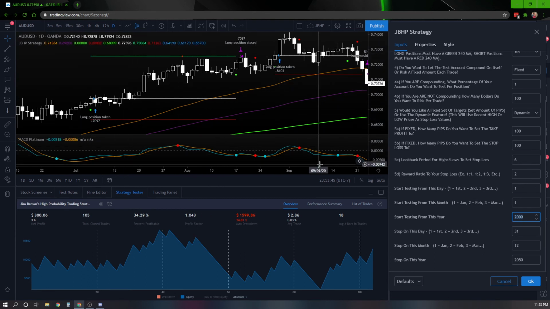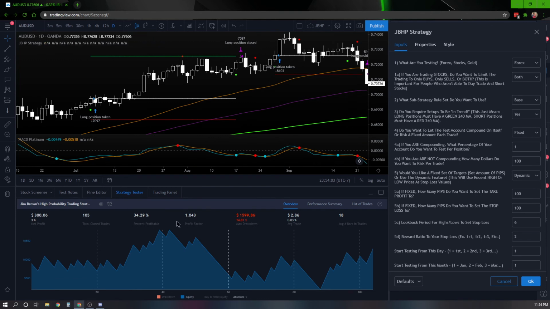It will only give you however many historical candles TradingView gives you in your subscription. It also won't extend out to 2050 because those candles don't exist yet. It will stop at currently the year is 2021, so it will stop there until the next year comes along. So now that you've seen all of the options, I'm going to walk you through how you